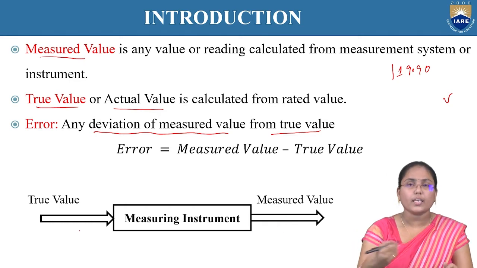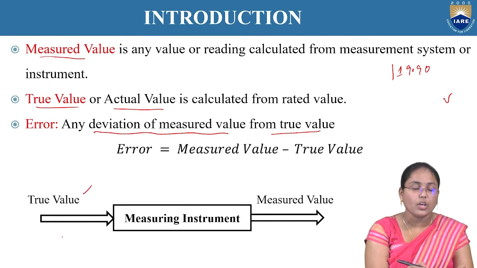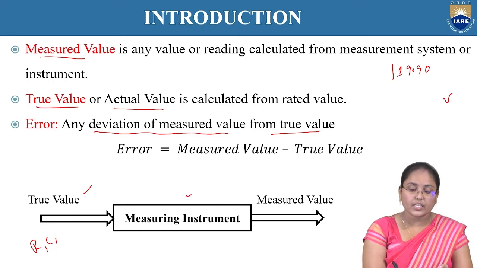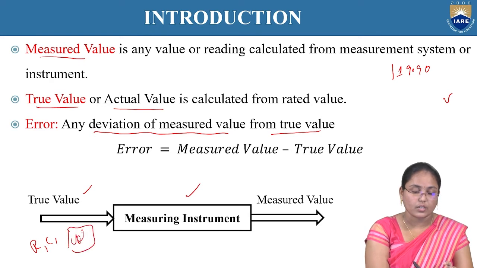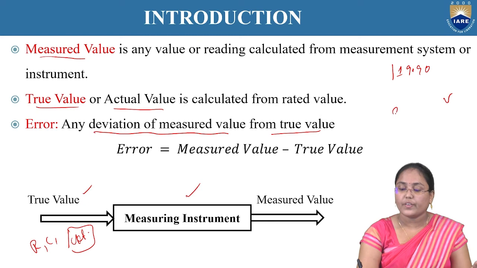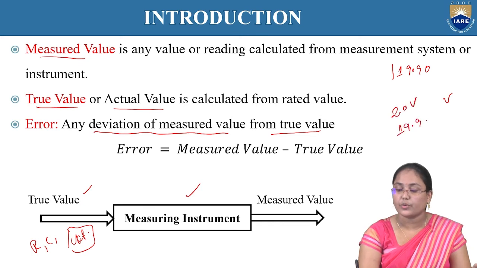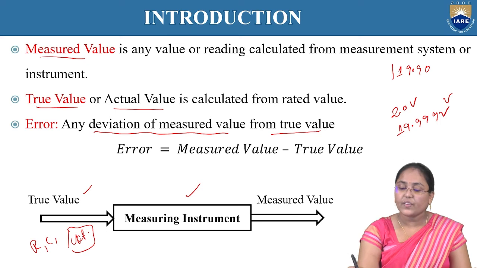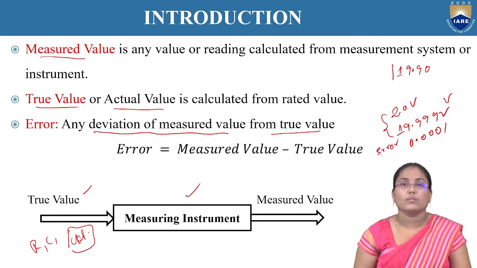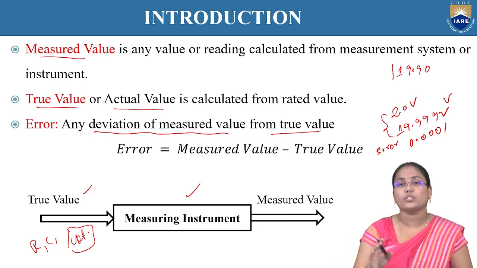In order to get this value, we can give theoretically these resistors, capacitors, or any other type of transistor to this circuit. This measuring instrument we can call a circuit over here. Whenever we give it to the measuring instrument, the result might not be the same. In most cases we try to get the same value. If it is 20 volts, we might still get something like 19.9999 volts. Even if the deviation between these two is 0.0001, this is the error value. So any deviation of the measured value from the true value is error.